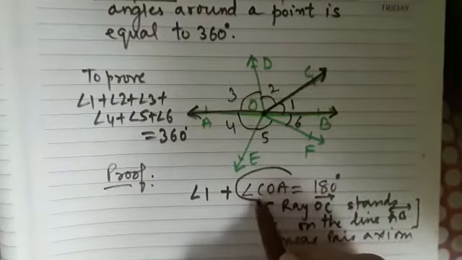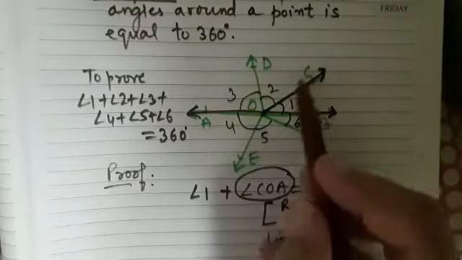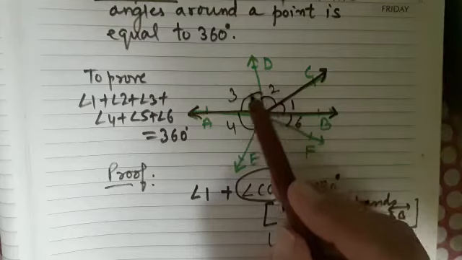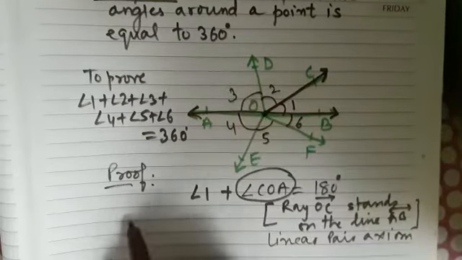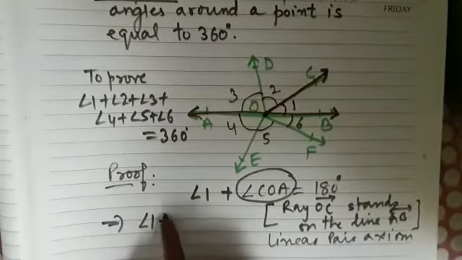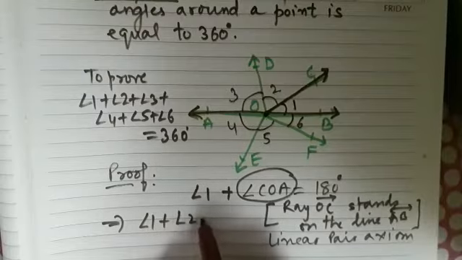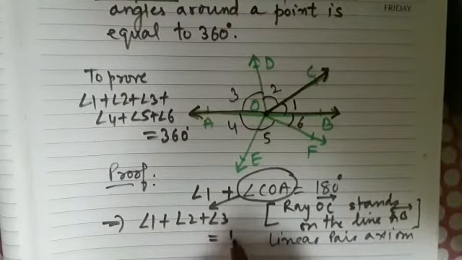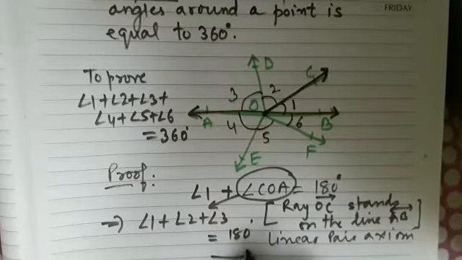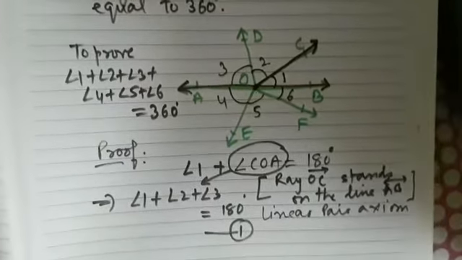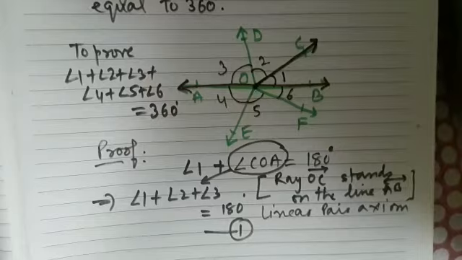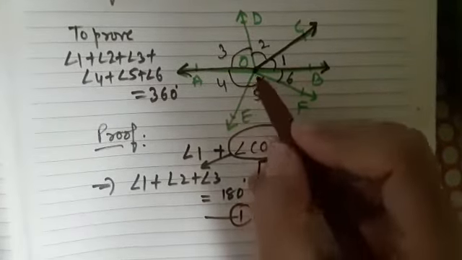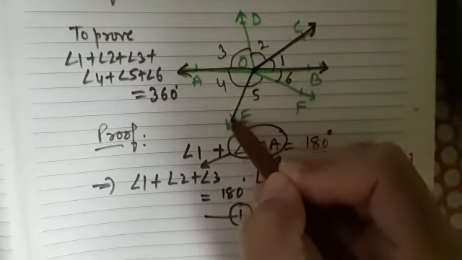Now observe angle COA. Yes, angle COA is angle 2 plus angle 3. So this implies angle 1 plus angle 2 plus angle 3 equals 180 degrees. So we will be marking this as equation number 1. Right? Similarly, if you observe this figure, we see that the ray